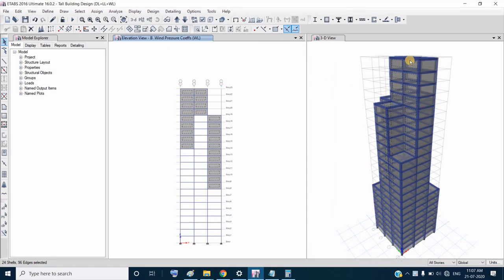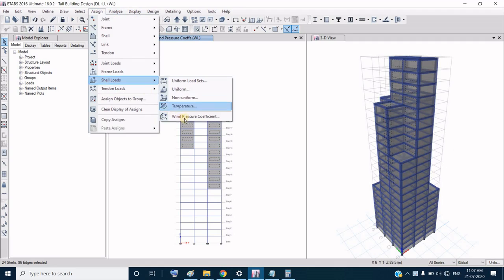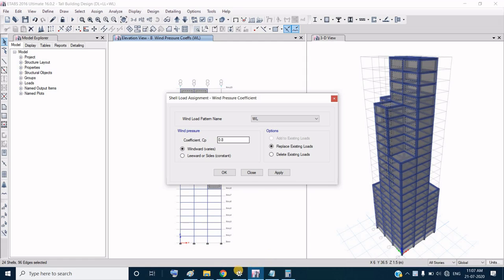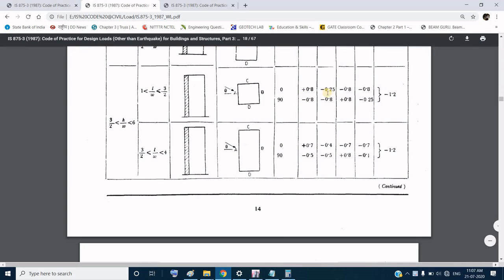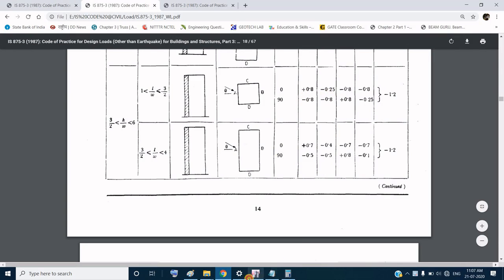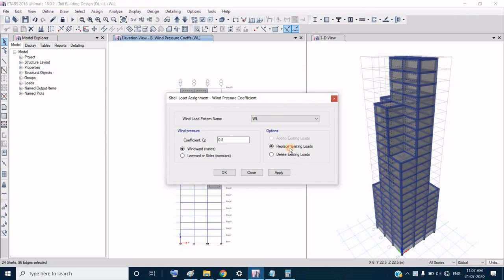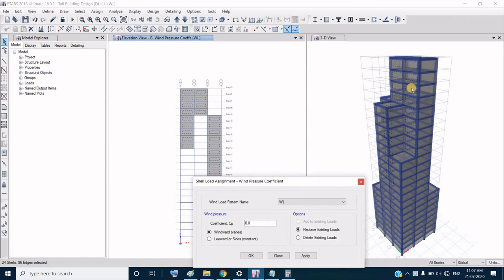You see this has been selected. So what we will do, assign cell load wind pressure coefficient. And what is the wind pressure coefficient for the B? Wait, no, not this P1. Why have I selected here B? Because this is also